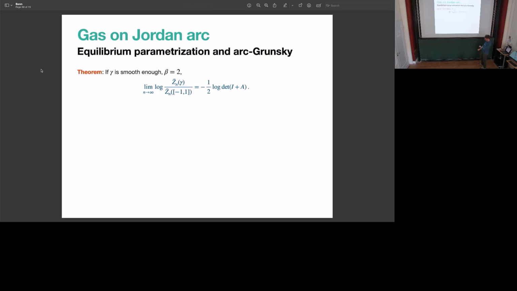So then the first statement is that, well, if gamma is good enough, so in the case when beta, now I just give the statement for beta equals 2, you have this limiting statement, and on the right-hand side you have also this Fredholm determinant, but for this arc Grunsky operator. So this result,